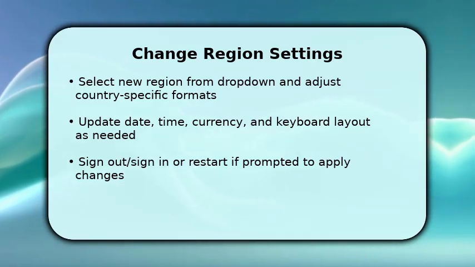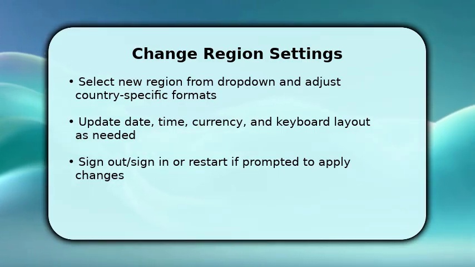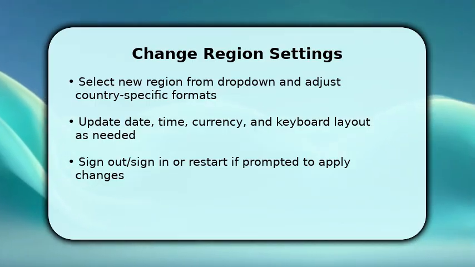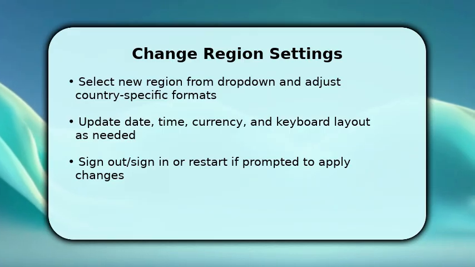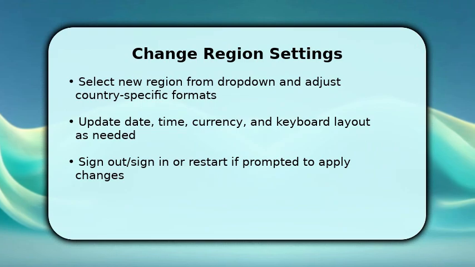Then adjust formats for date, time, and numbers to match local conventions, and switch keyboard layout if required. For Windows, check the additional date, time, and regional settings for control panel options. For Mac OS, set primary language order and region. Make sure to sign out and sign back in or restart when prompted so system and apps pick up the